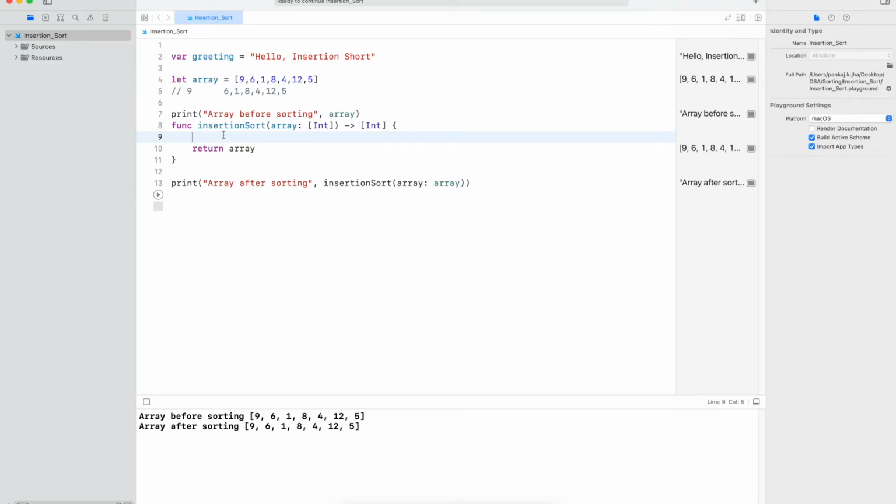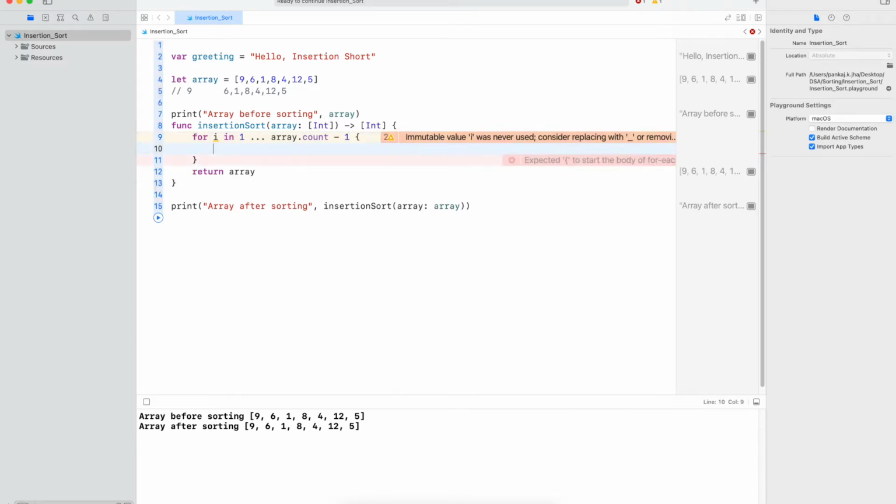Now we'll do for i in 1 to array.count - 1. It's showing a warning because we haven't used that yet.